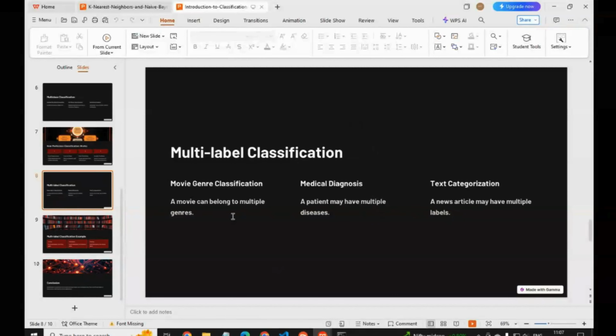In text categorization, a news article may be labeled as both politics and economy. In object detection in images, an image may contain multiple objects like car, person and dogs. So these are some examples of multi-label classification.